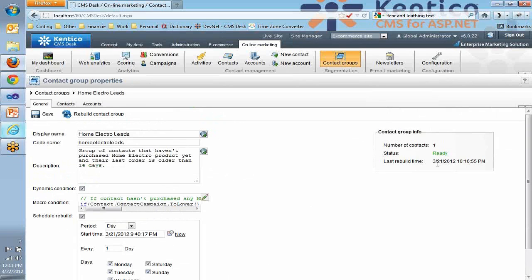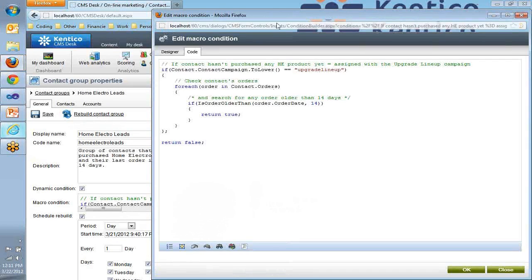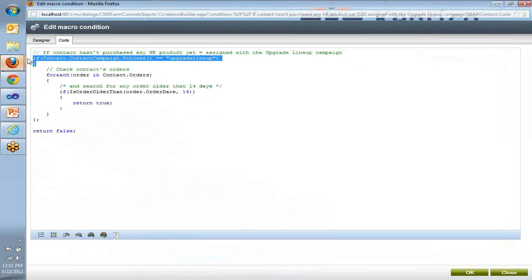On the right side, you can see the current number of contacts that belong to that group and the last rebuild time. Before we take a look at the other tabs, let's take a look at how the condition looks. So again, I'm taking advantage of conditional statements, and I'm using the flow commands. So for each, what I'm doing here specifically is I'm using the contact object available when defining the condition for the contact group. I'm accessing his or her contact campaign value, and I'm trying to find out whether that contact is already signed with the upgrade lineup